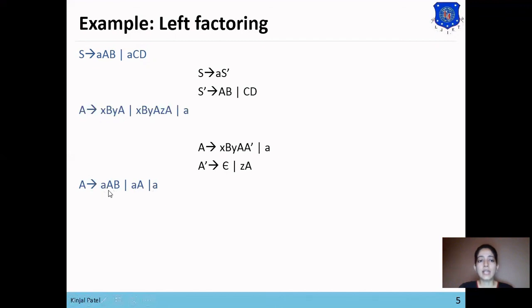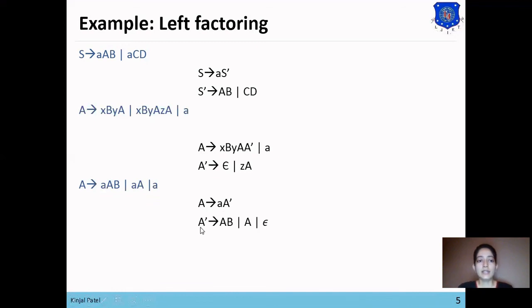So we will select a rather than aA. Why? Because we go for the multiple alternatives rather than the longest prefix. So we select A produces a A dash.